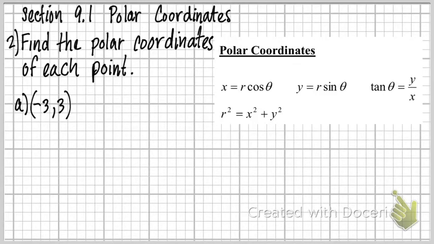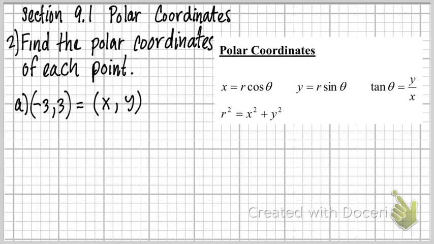So now we're going to find the polar coordinates of each point. Now this is a little bit more difficult because we have to think about where we're actually at on the XY plane, and we'll see why that is in a minute. So first off, I'm just going to plug in. Now keep in mind, this here is my X and my Y. So my X is -3 and my Y is